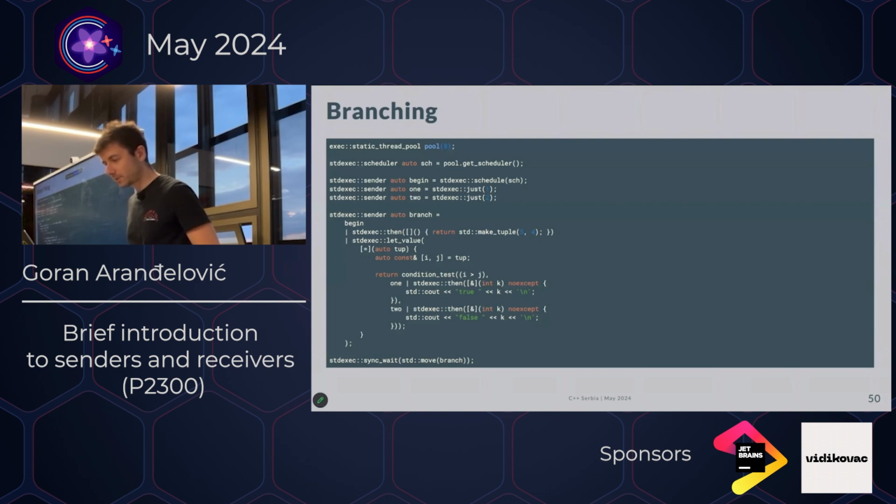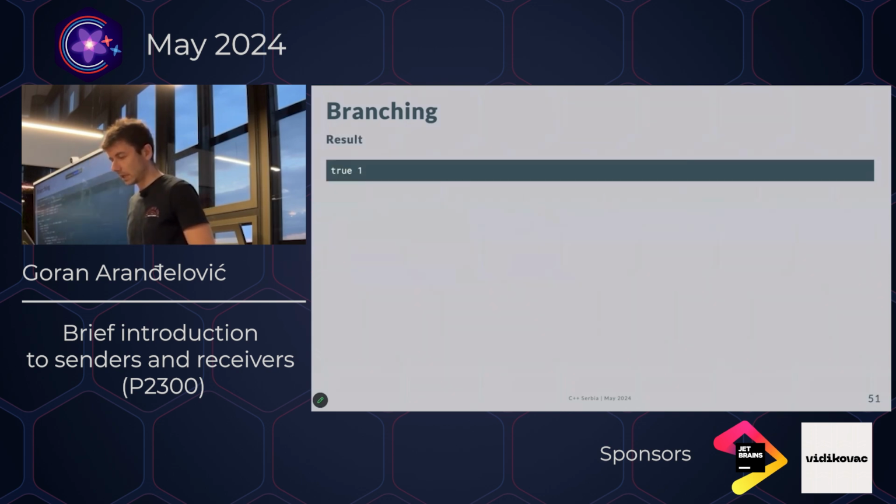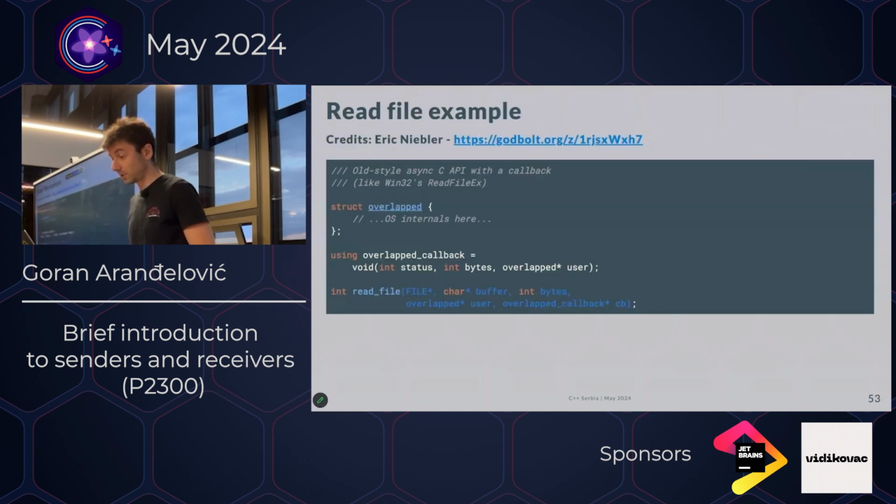I have some more examples with branching, and of course, let value is again used to do that. I will just maybe skip these things because it's too much. But what I can mention here, there is a very good example which is still alive on Godbolt from Eric Niebler. And Eric Niebler wrote a synchronous read file on Windows using I/O completion ports, and he